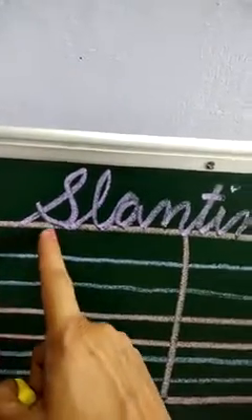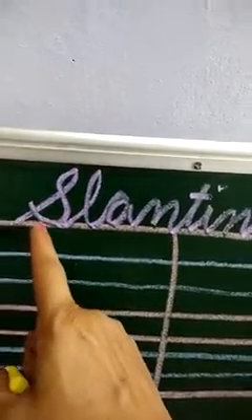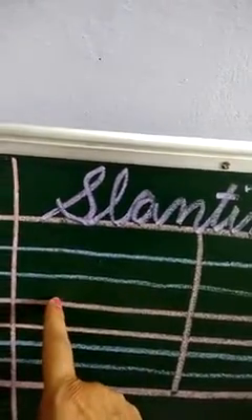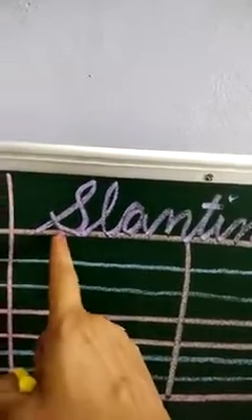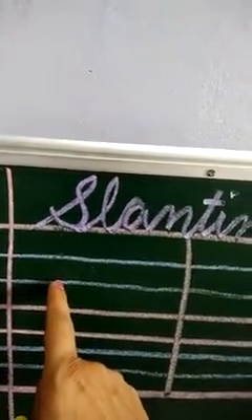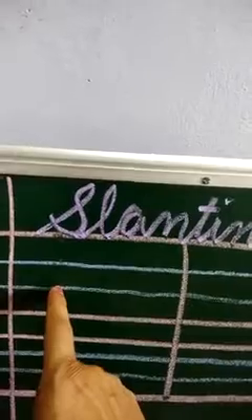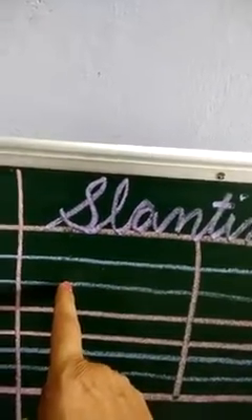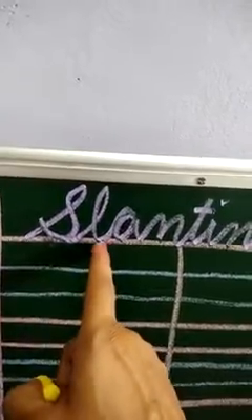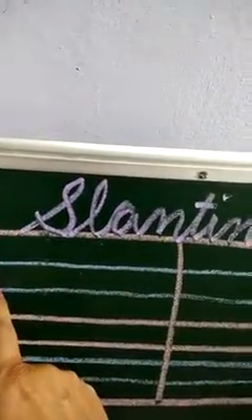See, I have told you about your English notebook. You have 4 lines. 1, 2, 3, 4. I have already told you, and you have to write in the 3 lines only. 1, 2, 3. Yes, remember this thing, everyone. Does everyone remember? Yes, very good. Now we will do this slanting line. We will start it from the third line.